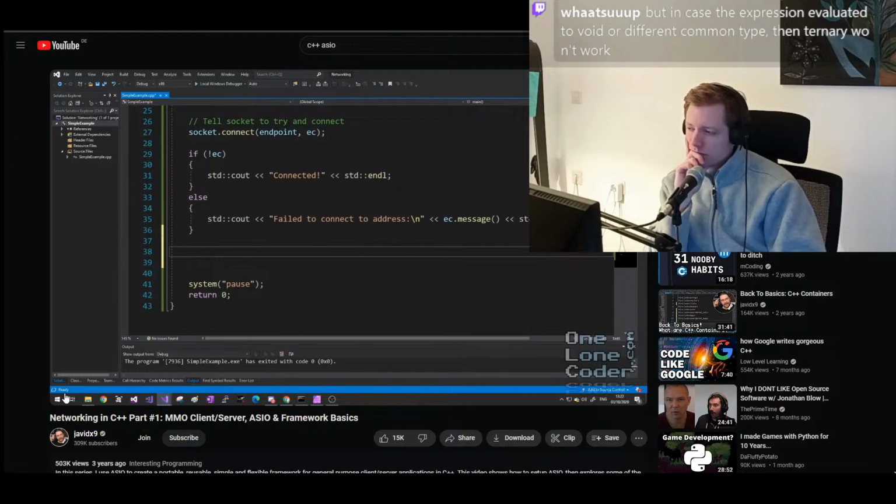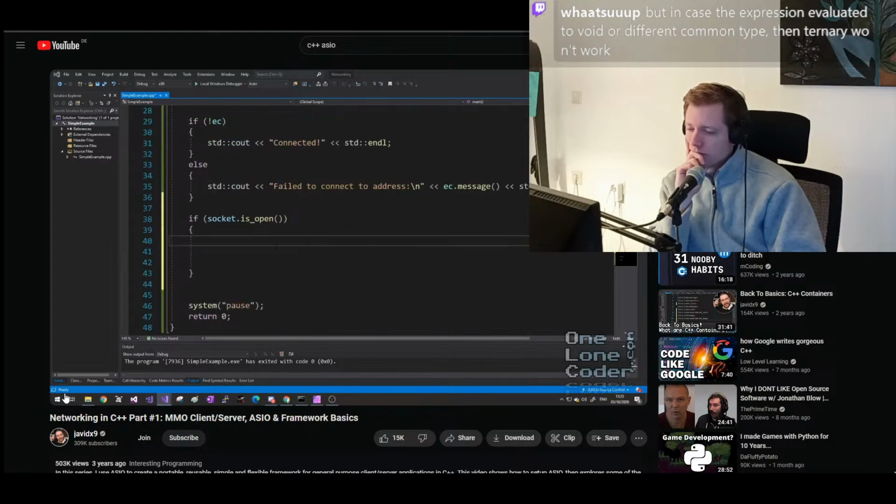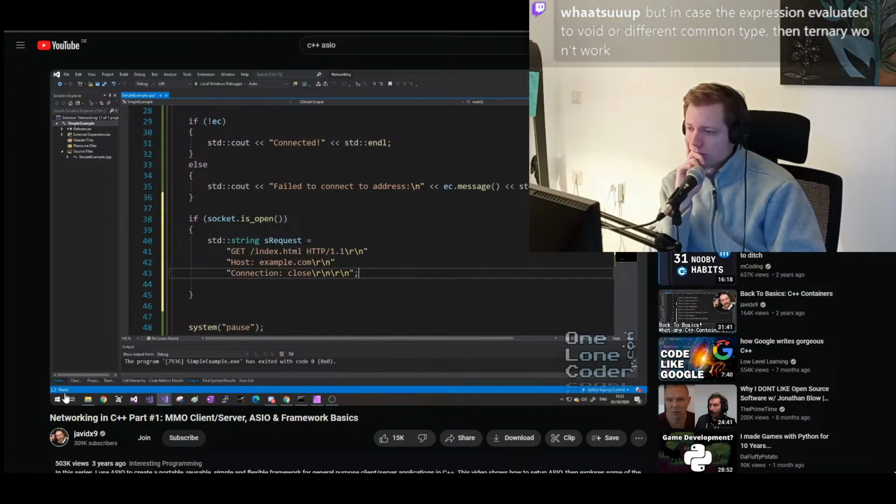If the connection was successful, then if I call the isOpen function on the socket, that should return true, which means I have an active and alive connection to, well, something at the other end, the other endpoint. Since I know I'm trying to connect to a website, the server at the other end is expecting an HTTP request. So I'm going to hack together a completely bare bones HTTP request. It looks like this. And if you weren't aware, yes, the internet works by sending literal text strings around the place. It's quite miraculous that we're still doing it that way. The details of this